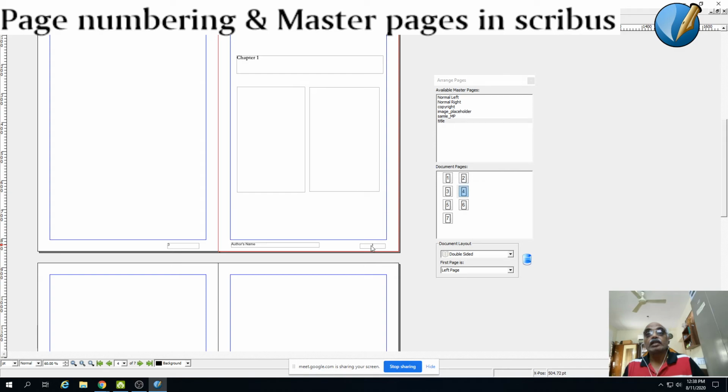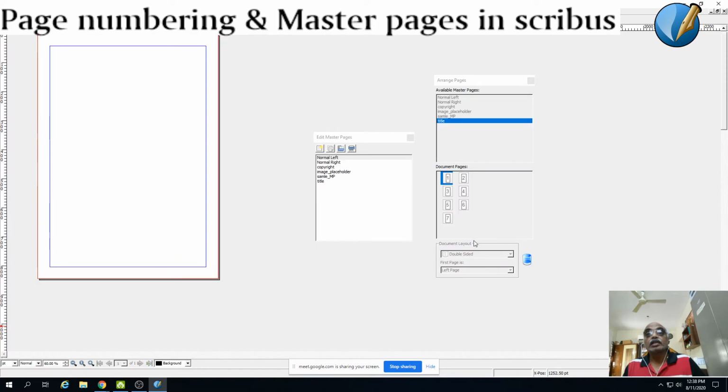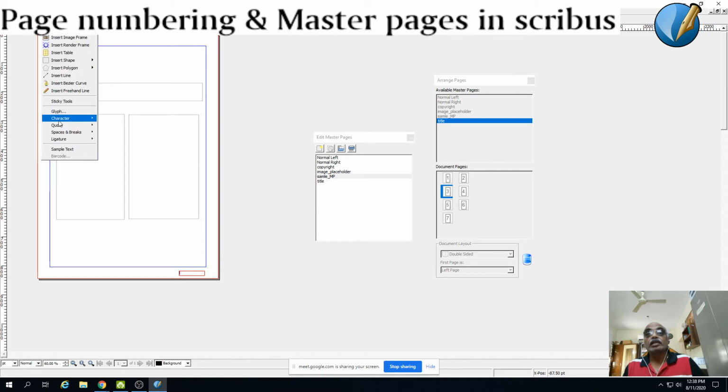Supposing I want to edit this number, I need to go to Edit, then Master Pages, and then select the sample master page. I need to remove this number, and what I will do is go to Insert, Character, and just say Page Number.